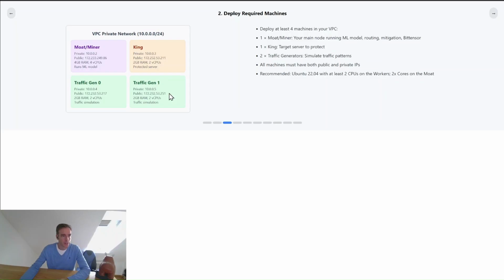Okay, next thing. We said 2 traffic generators. In total, we need 4 machines. Okay, please start with 4. It's not rewarded to go big right from the start. Being good from the start is rewarded, of course, but not the urge to go big. So,